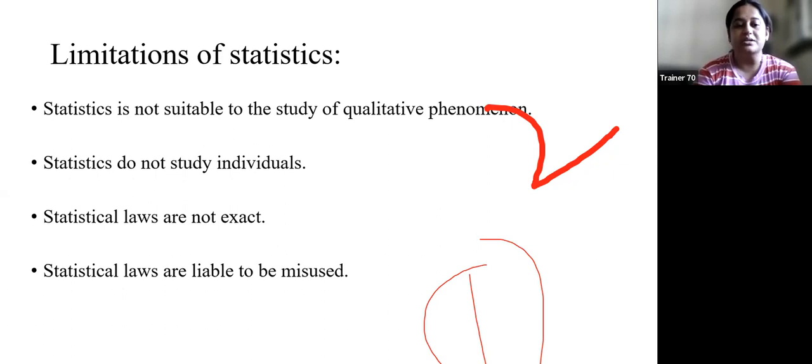And the last one is statistics is liable to be misused. Statistics की जितने advantages हैं उसके साथ साथ कुछ disadvantages भी है, and one of the most disadvantage is that it can be easily misused. So if a person who is having no knowledge for statistical tools and techniques, कौन से technique को किस तरह से apply करना है, so if any data is given to that kind of unskilled or inexperienced person, तो वो उस डेटा को पूरी तरह से मिसयूज कर देगा. जो रिजल्ट आएंगे वो करेक्ट नहीं होंगे. The results will be misleading. So this is how the statistical laws can be misused.